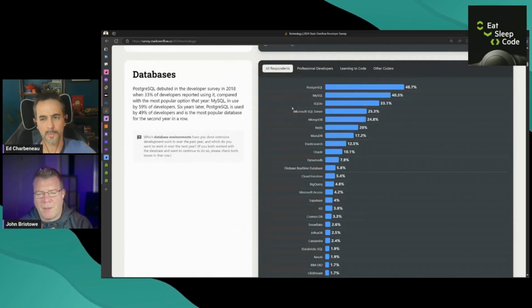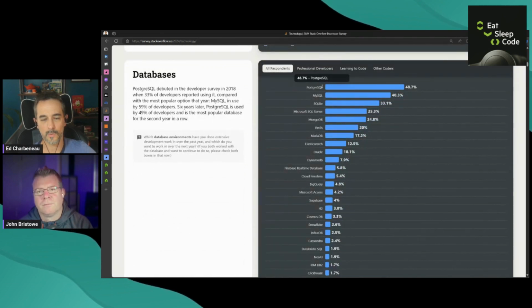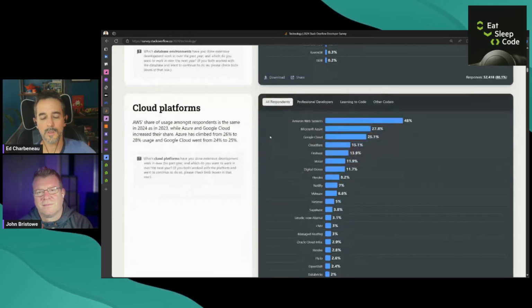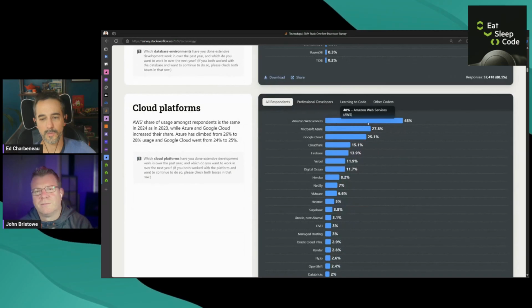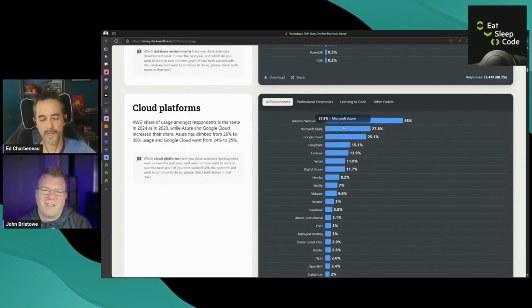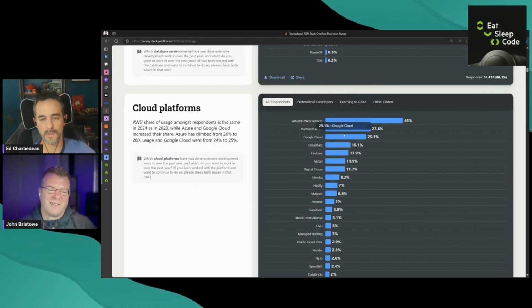Yep. Postgres, way more popular than I knew. Postgres, MySQL, SQLite, MS SQL Server, MongoDB, Redis. It's a long list. Cloud platforms, AWS. Yes. Beating out Microsoft. I wonder how